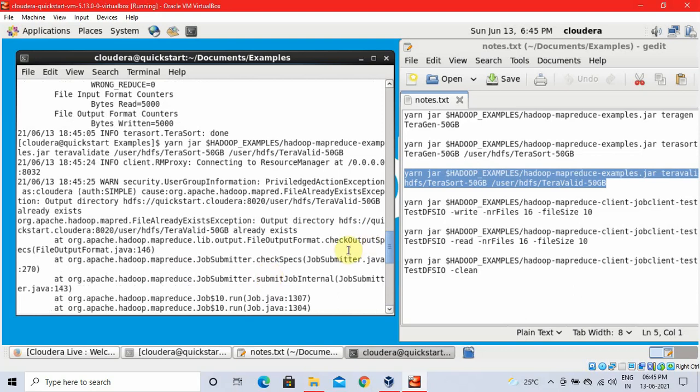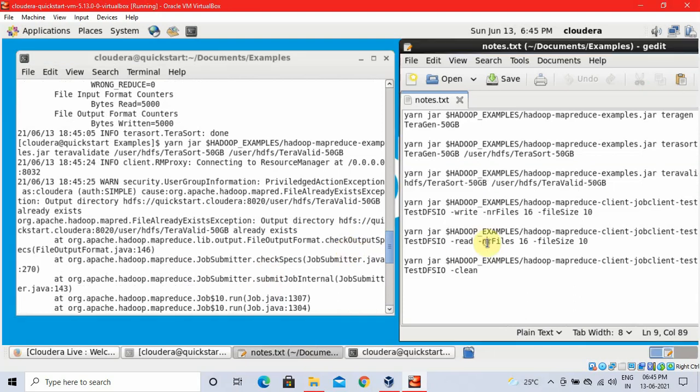For example, whether you want to make it 2 or 4 or 3. Here in your textbook they have given the mapreduce tasks as 4. So that command also you can type and then run it. Whenever you are executing a file, it will show the number of reducers as 4.